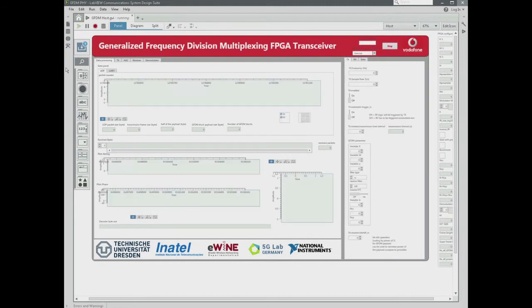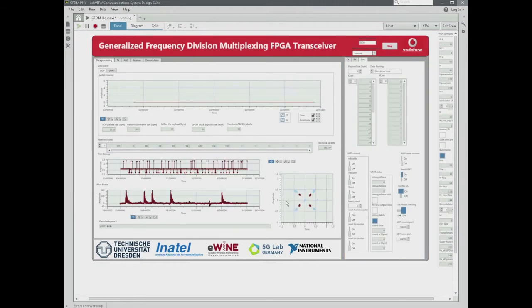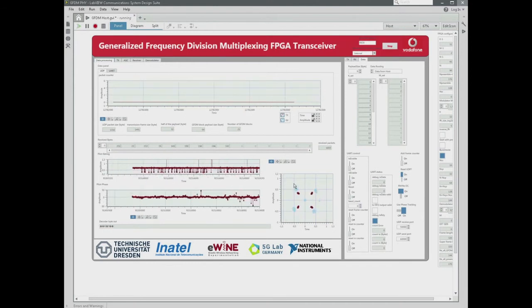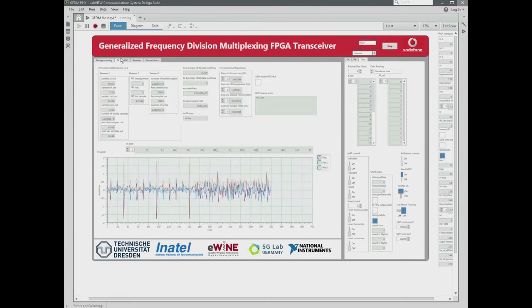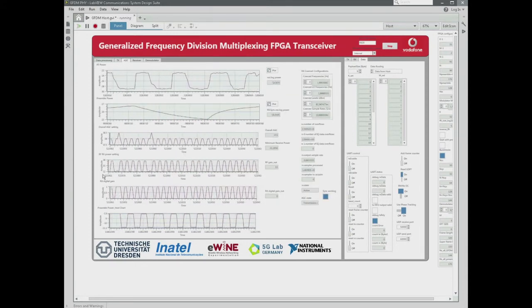The GFDM transceiver is running. And we can see the constellation with the IQ receive symbols. We can also see different parameters from the modules of the transceiver. For instance, for the calculation of the gain,